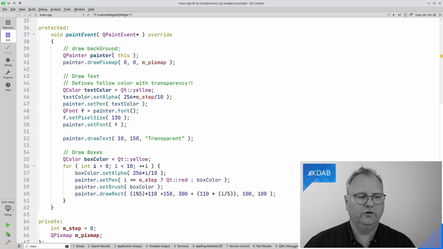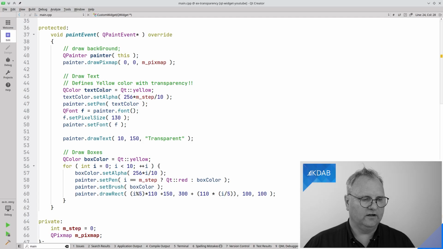I create an instance of QPainter on this, meaning I'm painting on the pixels of the screen. I am drawing the pixmap at position 0, 0, this pixmap here. Unfortunately, I set the size of the widget to be exactly the size of the pixmap, so it'll fit right on the screen.